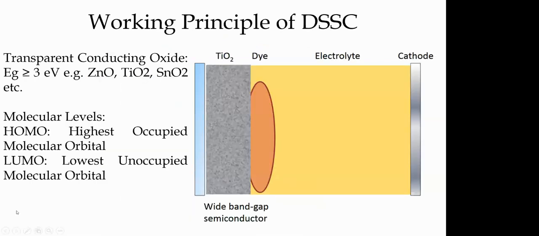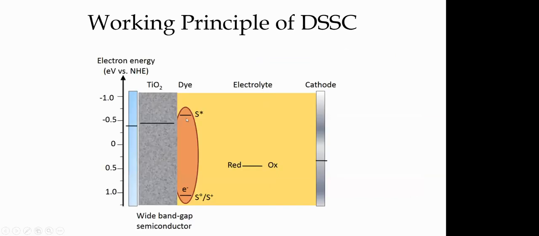All of you might have at least handled some of these nanoparticles. These are wide band gaps. So you need nanostructured materials with a large band gap, more than 3 electron volt, like zinc oxide, TiO2, and SnO2. That's why these are preferred. Then you need a dye molecule which has an electronic state such that the conduction band position is just above the TiO2 conduction band, or any other zinc oxide or SnO2, for efficient electron transitions. And then we have a redox chemical potential, which is just equivalent to the cathode chemical potential as well.